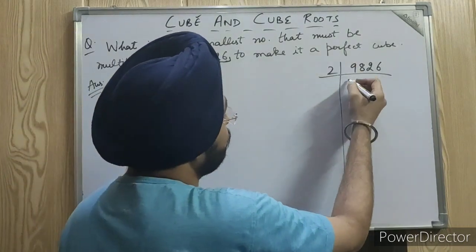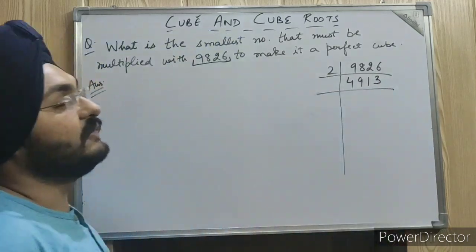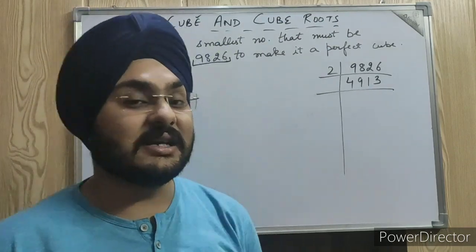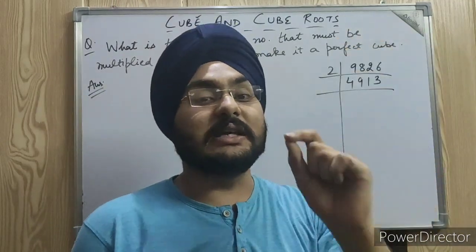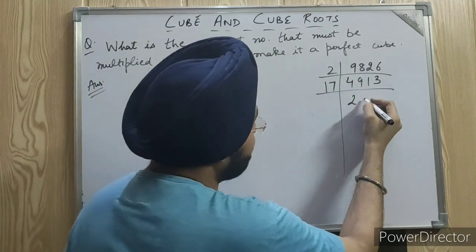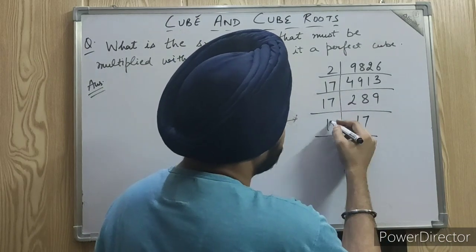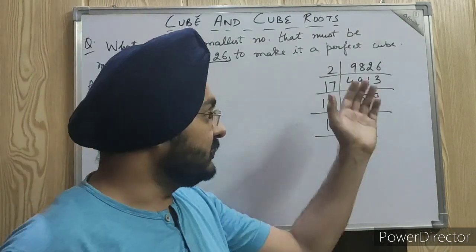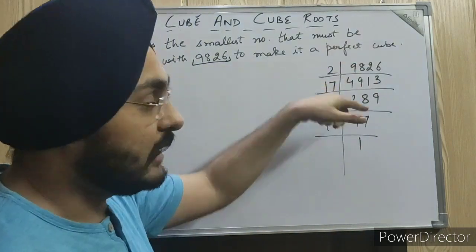That we know. So firstly start making the prime factors of this number. So start with 2. So 2, 4, 8, 18. 2, 9, 1, 3. So 4, 9, 1, 3 is the cube of what number here? So that is the cube of 17. That I have discussed earlier as well. So please keep in mind about the cubes here. So here we'll be having 17. Here we'll be writing the square of that 17. Then 17 and then 17, 1. So if you are minding about the cubes and squares of the numbers lying between 10 to 20, then it will be very easy for solving these types of questions.